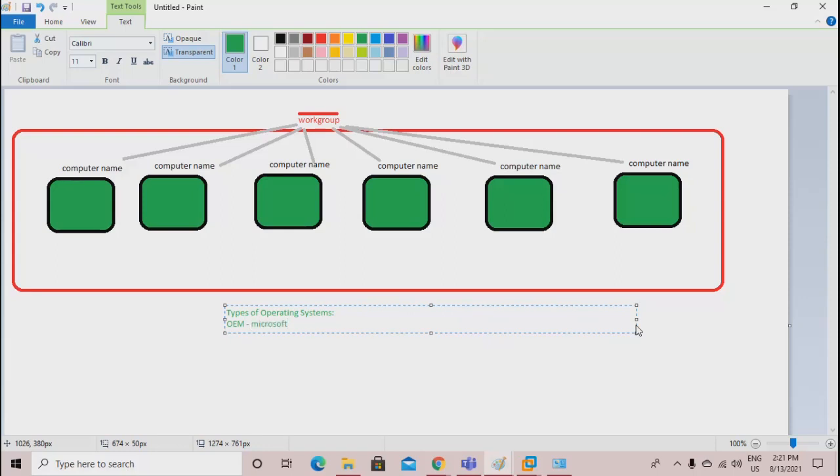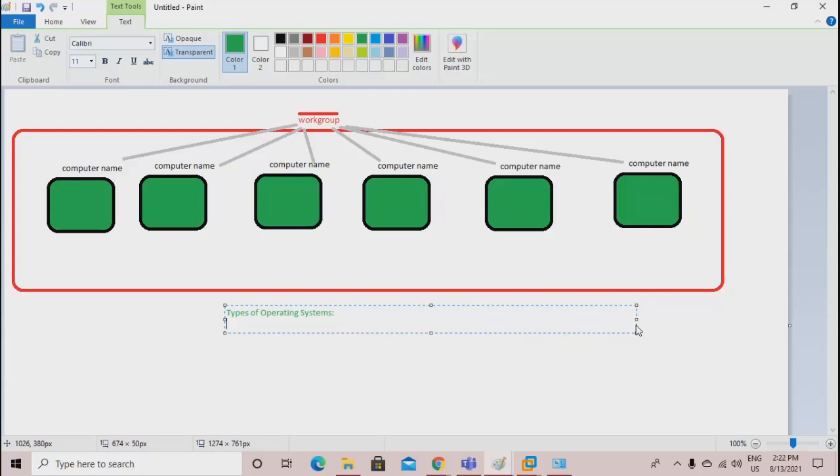Original Equipment Manufacturer. Microsoft gives you a product called an operating system. Then Linux also gives you a product called an operating system. IBM also gives you a product called an operating system. So you have different operating systems like Linux, Windows, Mac, Solaris, a lot of things.